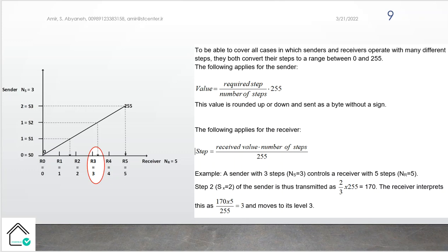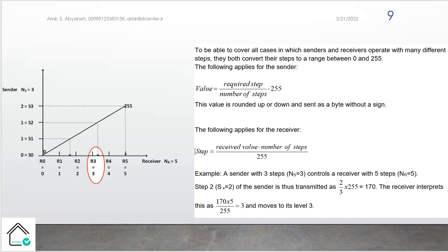The following applies for the sender: the value is equal to required steps over number of steps, multiplied by 255. This value is rounded up or down and sent as a byte without a sign. The following applies for the receiver: the step is received value, multiplied by number of steps, divided by 255.